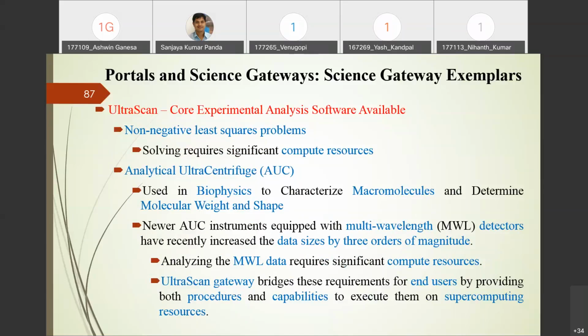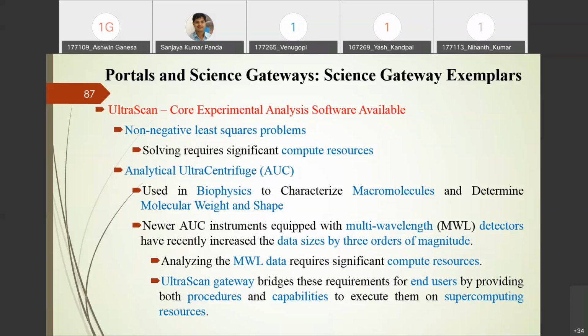Here, researchers are also interested in analytical ultracentrifugation, which is used by biophysicists to characterize macromolecules and determine molecular weight and shape. They are dealing with this UltraScan software to find the various features of macromolecules, molecular weight, and shape. For this also the computational resources needed are more, because the data size is increasing